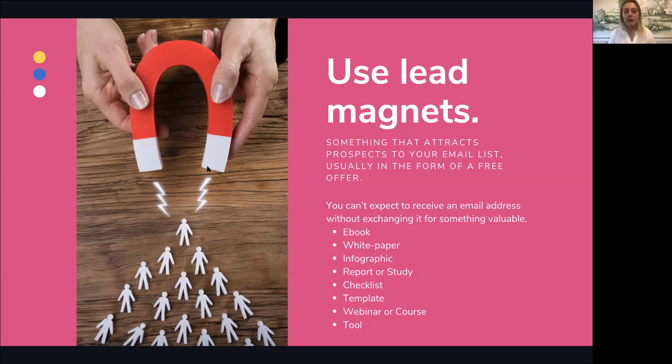If you don't have an incentive for people to sign up for your emails, more than likely they won't, unless you're a nonprofit. Nonprofits, a lot of people sign up for yours for an email newsletter. They want to hear about what you're doing in the community. But for businesses, you definitely really have to attract them.